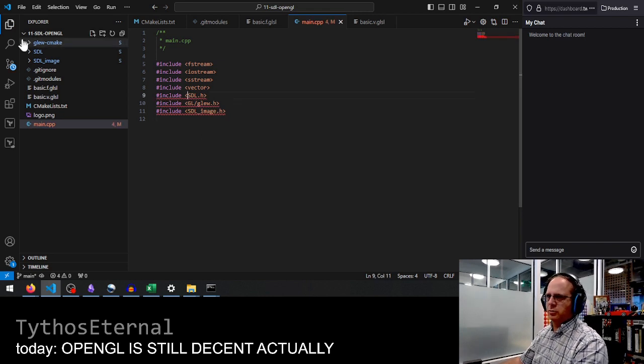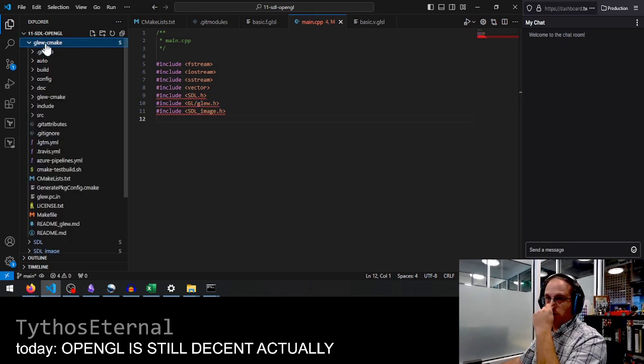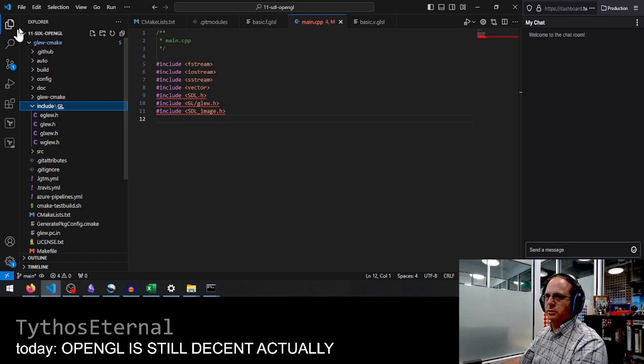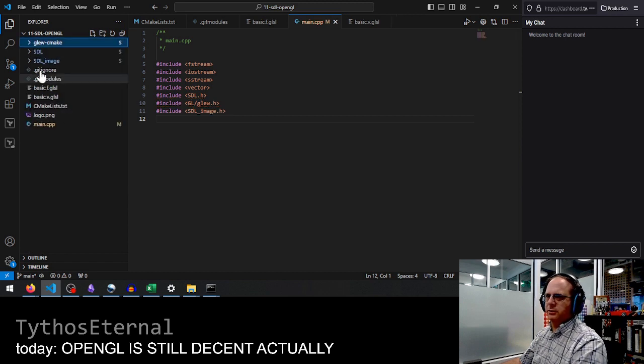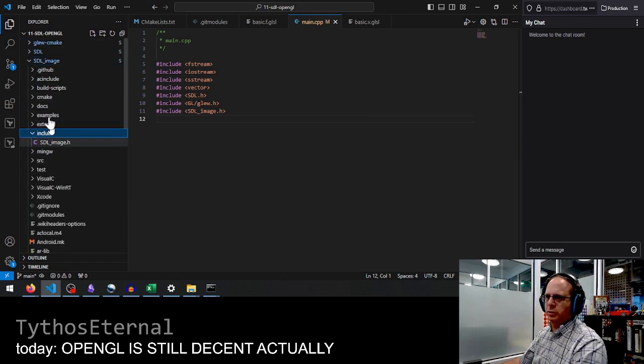So SDL will come from SDL. GL glue is, if you look in the include path here, it's all under GL. And SDL image has just sort of a single entry point header here. Okay,